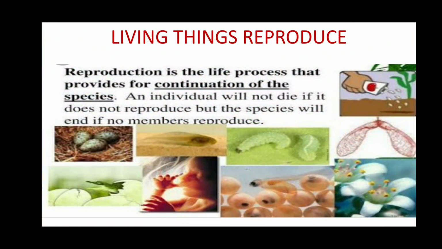Next is living things reproduce. Reproduction is an important characteristic of all living things to maintain their species. The young ones grow into adults, which again reproduce. Thus, the existence of their species continues. Some animals such as hen reproduce by laying eggs. A few animals such as cow and human beings give birth to their young ones. Some plants reproduce through seeds and some reproduce through their vegetative parts like stem, leaves or roots. You have studied all these things in your previous classes also.